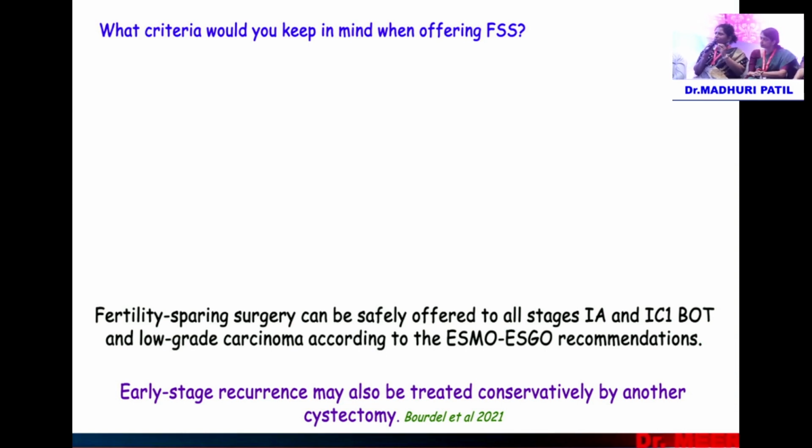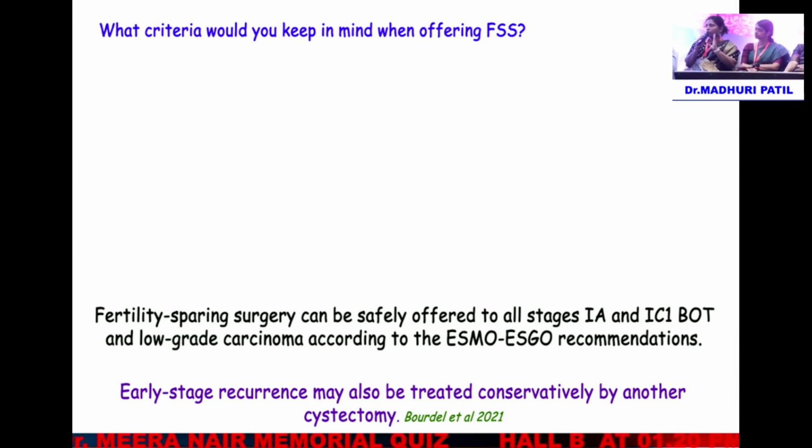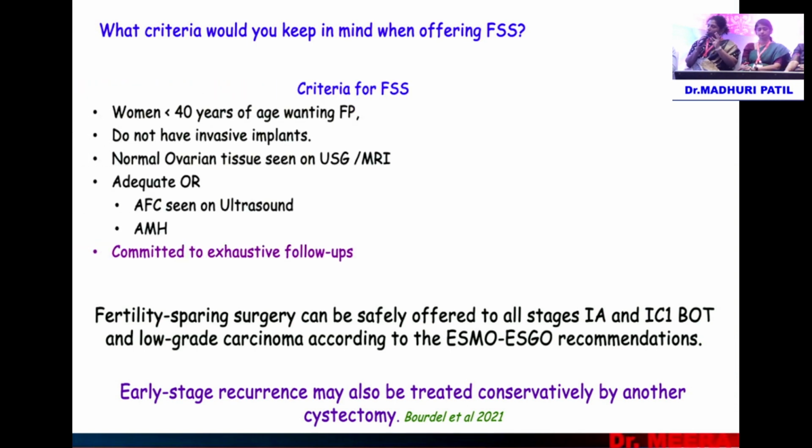If it is a very clear cyst with very mild suspicion, and it is a serous BOT, you can do a unilateral USO or a cystectomy. If it is mucinous, there is no role for cystectomy. You have to remove it as a whole. Mucinous tumors are usually huge and have variable areas, so there might be a small 5 mm area of invasion which might make it a mucinous carcinoma. That is the same reason frozen is also difficult for them. So definitely for mucinous, you have to remove the whole tumor. Serous, you can do a cystectomy. If bilateral, you can do bilateral cystectomies or one USO and the other cystectomy.